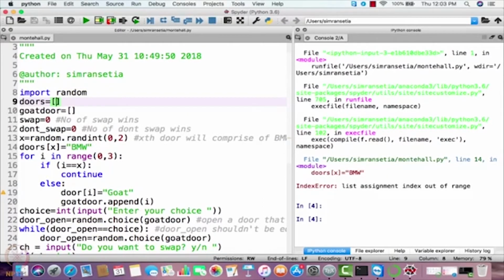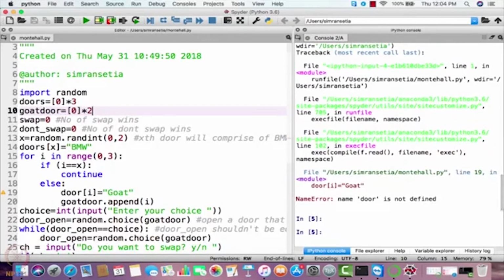So how can we handle that? Let me think about it. We can easily handle that. I think we need to initialize the list here. You just initialize it with 0. Since we are only using 3 doors here, multiply it by 3. Also initialize this particular list here, that is code door. So you write 0 here and multiply it by 2. So again run it.